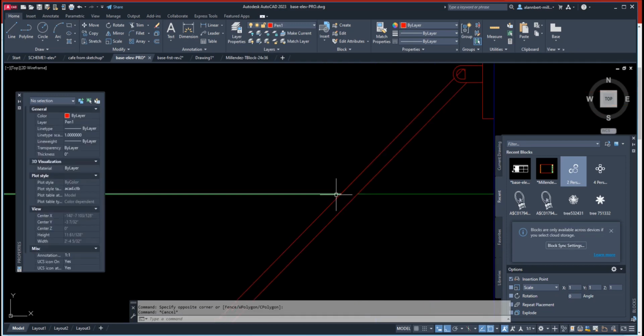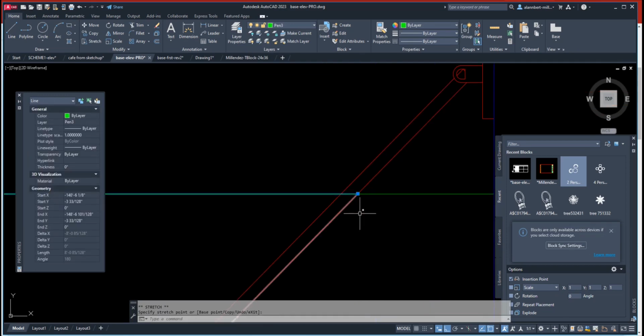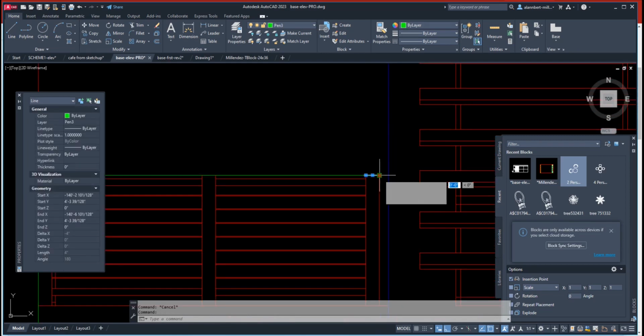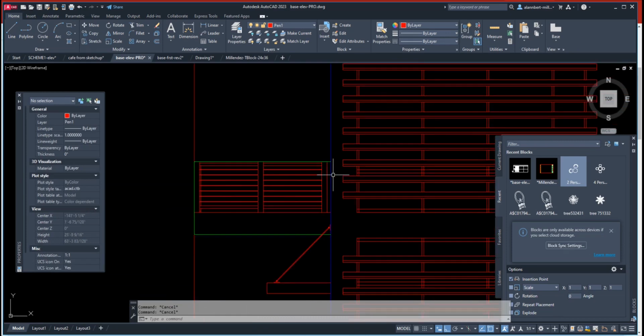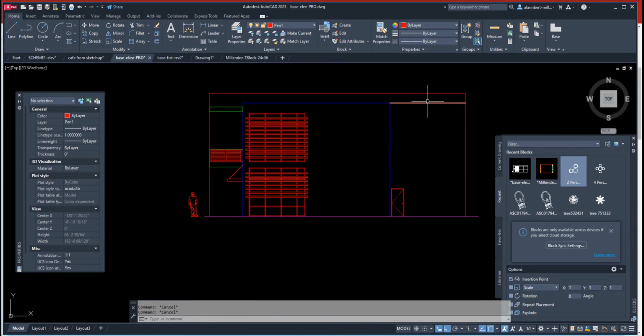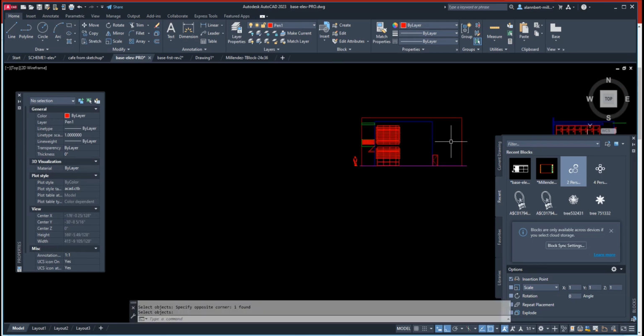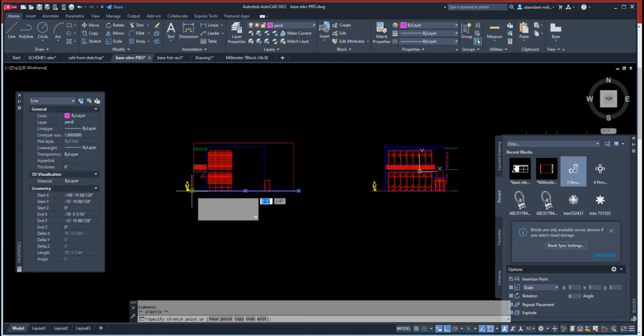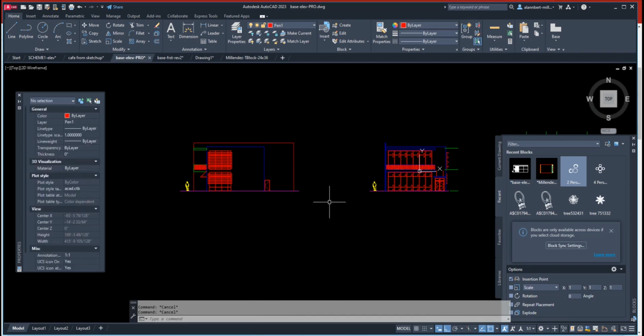Now this one, I'm just gonna go right and go there. And then this one too, I'm gonna go and extend that to this one. I'm not gonna worry about this gap over here. We're just gonna do that in details. Okay. This one too, we don't want that. And then simply match property this guy here and extend that further out and then copy the